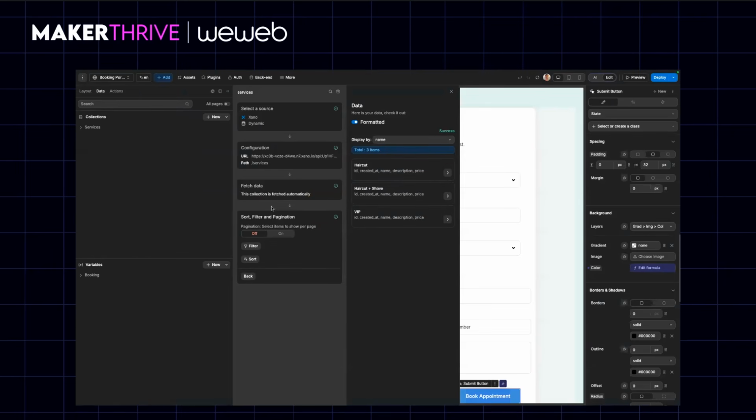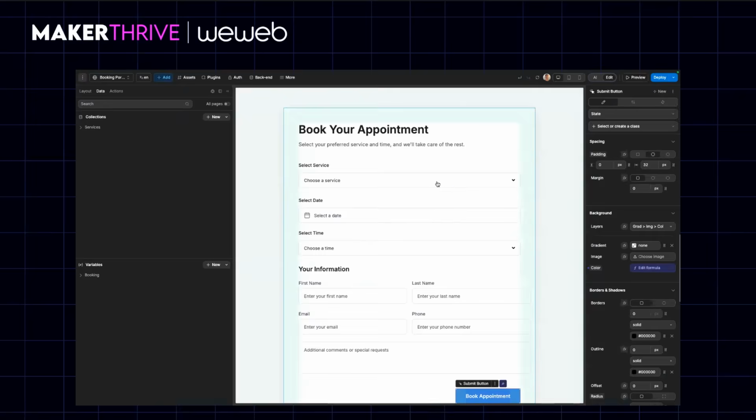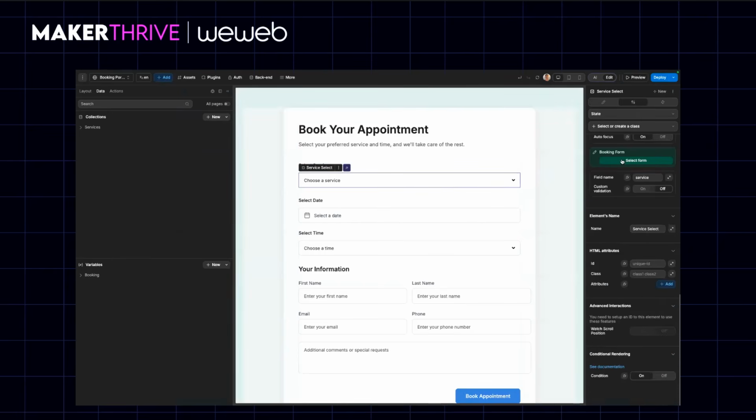So I can continue. And actually, before I do that, I'm going to switch back because I want to fetch this collection automatically, but not preserve it on navigation. What this basically means is that if I use this collection anywhere on the page, whenever the page loads, it will automatically fetch that collection, which is good because that means now, if I go to this service select,